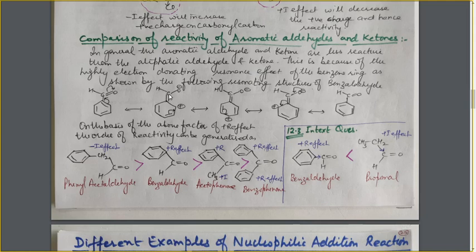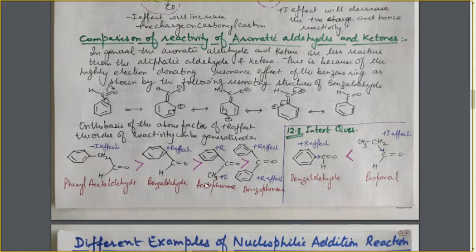Now, if we compare aromatic ketones with aromatic aldehydes, the aromatic aldehyde will be a little bit more reactive. Why? Because in the case of aromatic aldehyde, the carbonyl carbon, where the nucleophilic attack will take place, is attached to a hydrogen atom on one side. Whereas in the case of aromatic ketone, there will be a carbon containing group, a bulky group. So in aldehyde there is lesser steric hindrance, and in ketone there is more steric hindrance. So aromatic aldehyde will be more reactive as compared to aromatic ketone.